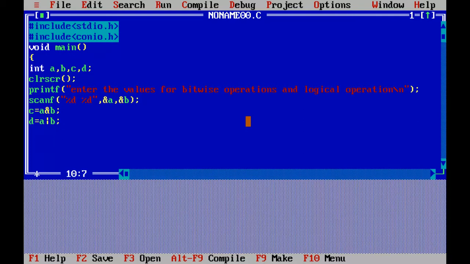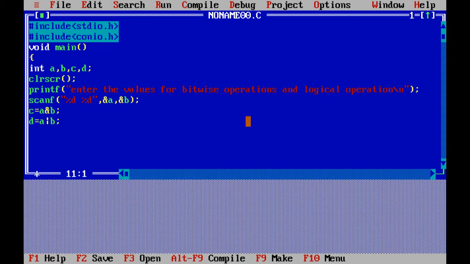So what have I done? Whatever value you put in a and whatever value you put in b, they'll be ANDed and the result will be placed in c. Similarly, whatever value you place in a will be ORed with all that you will be putting in b, and the result will be saved in d.